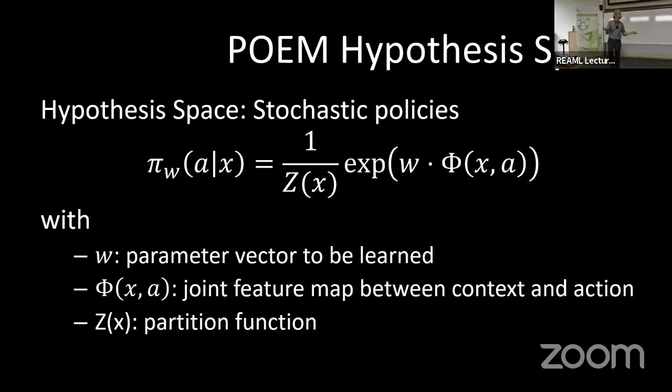So then the last thing that we really just need to pick is what's our hypothesis space. And here for simplicity, let's use something that looks a lot like a conditional random field or structural SVM, right? You're learning a weight vector W over some joint feature map. But you will see in a second that you can do this with a deep network as well. So you're learning these Ws, and what comes out is a stochastic policy that just picks from this distribution. It's a softmax, basically. That's all that this is.